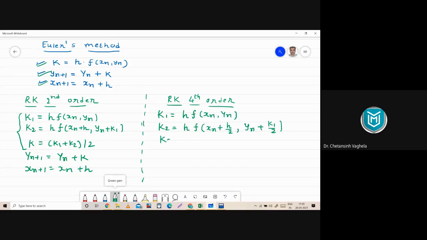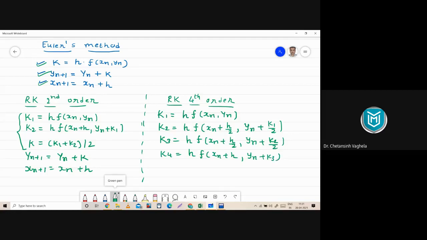Similarly, k3 is given by h into f of xn plus h by 2 comma yn plus k2 by 2. That means to calculate the value of K3, we will use the value of K2. And finally, the K4 value is given by H into F of Xn plus H, comma, Yn plus K3. So here for K4, we won't have division by 2.